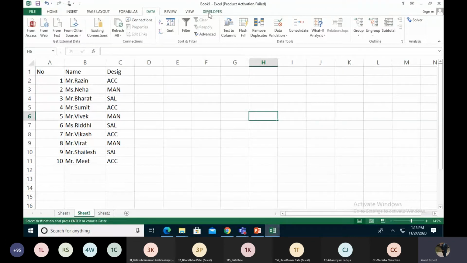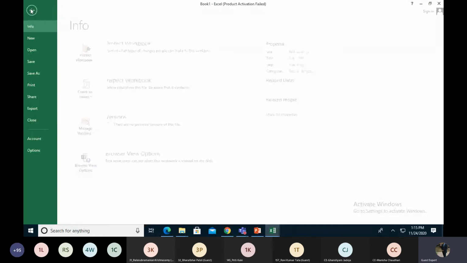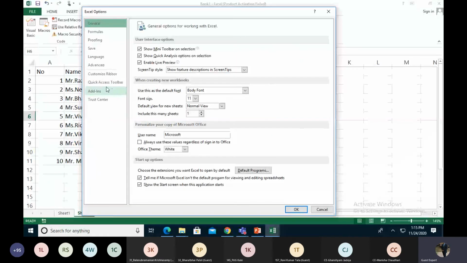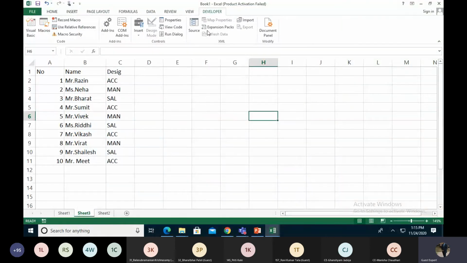So I'm going to the developer tab. I showed you in yesterday's session how to get your developer tab in the Excel sheet. First, go to File, then Options, then Customize Ribbon, and you have to select the Developer tab, which is unchecked, so you check it and then press the OK button. Then it shows in your Excel sheet. If you're using 2007, it shows on the first general tab. And in the remaining versions you can get it from Customize Ribbon. So right now this is my H6.